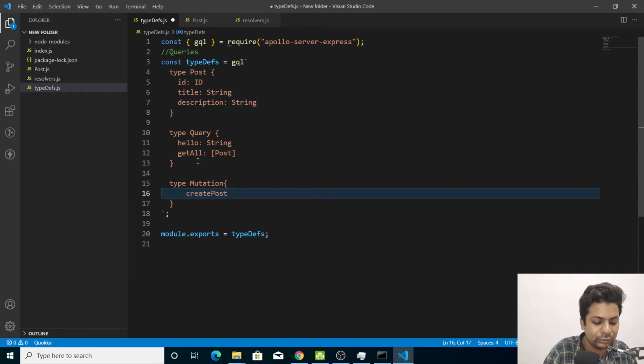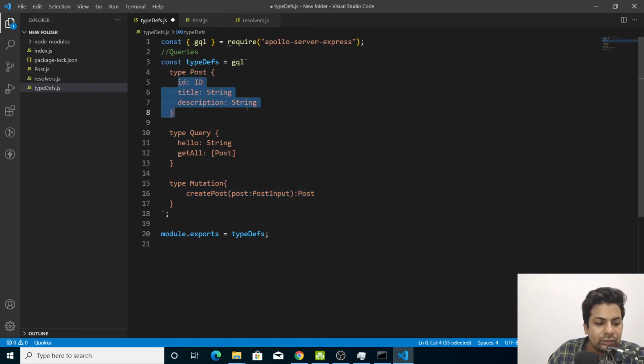So we'll create a post, like a blog, with title and description, just creating a normal post. It will take a post, and the type will be PostInput. And in return I want the post. So when someone posts this data, in return I want the same object back. Whatever I return should be of type Post.